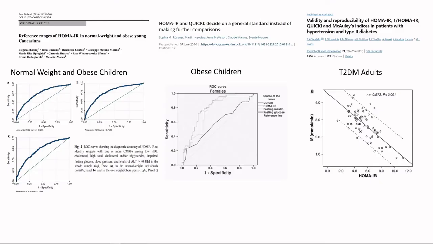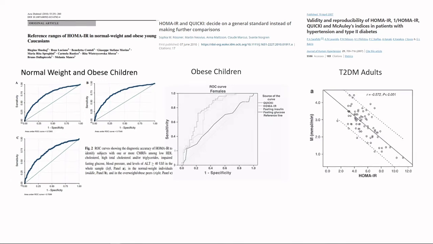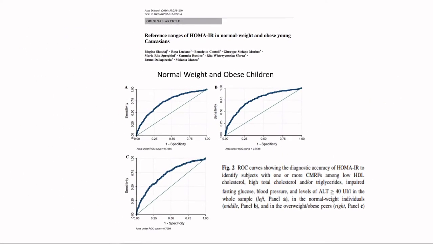Next, we'll discuss 3 studies that investigated the performance of HOMA-IR in 3 different populations. For this study, they investigated normal weight and obese children. This study had just over 2,700 subjects aged 2 through 18 years old, and a receiver-operator characteristic analysis was used